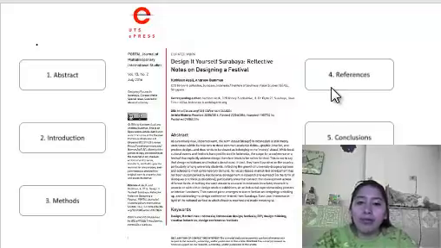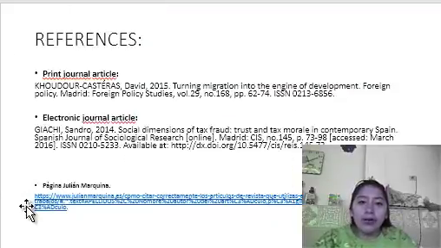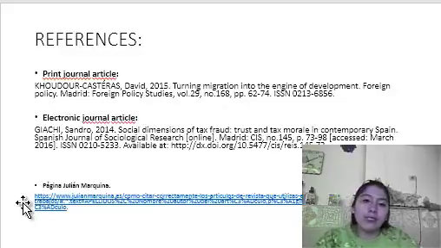4. References. For both print articles and online articles, references are important and should be included. If the journal article does not have volume or page numbers because, for example, it is published online, we must omit the missing data from the reference. In a print journal article,